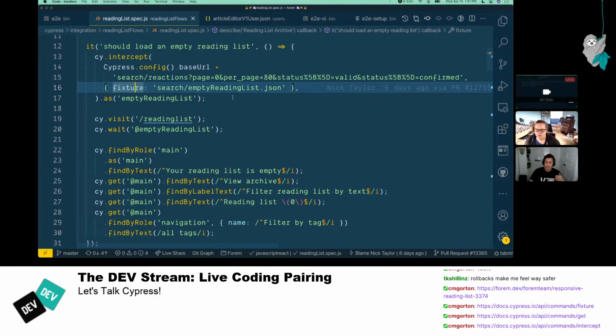This ties into what I was saying about Elasticsearch. We don't have anything in Elasticsearch because of the database transaction rolling back that I mentioned in tests. So what we can do is say, whenever somebody hits this URL here, I want